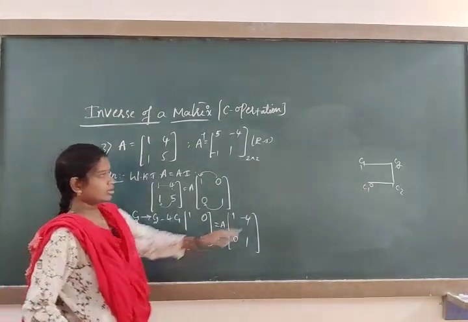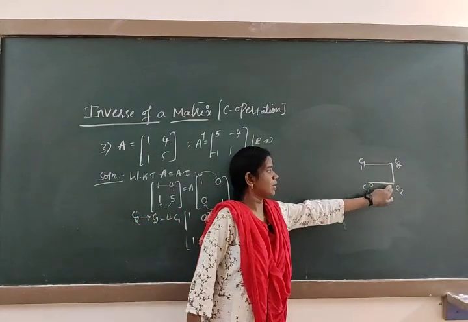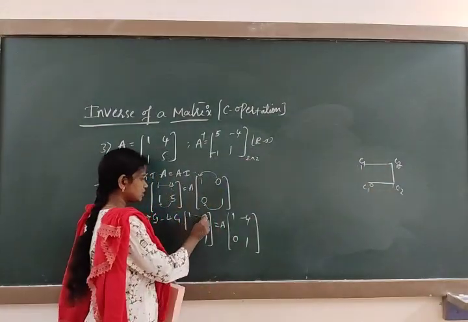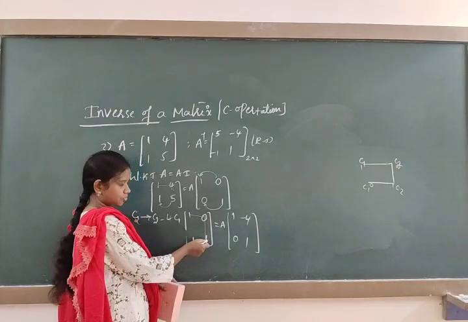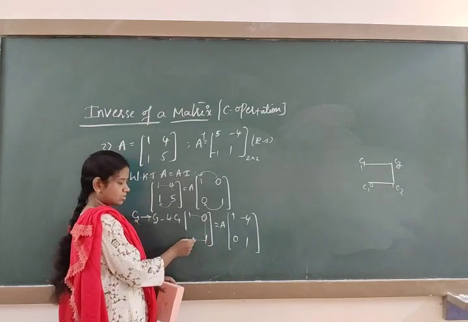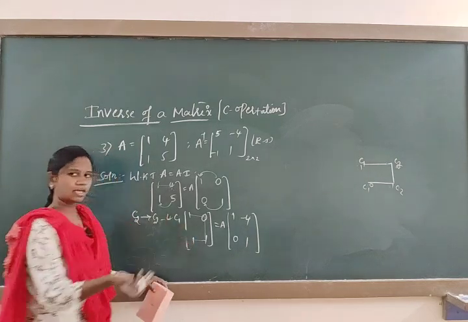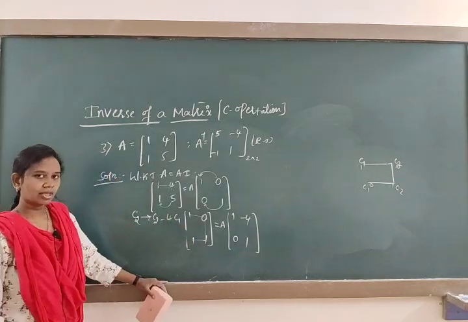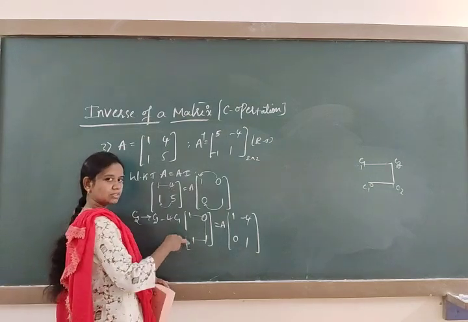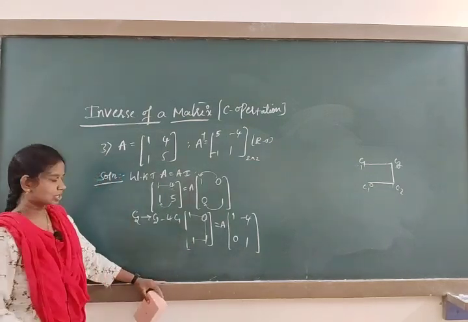Now look at the figure. It is the 1 0 1 portion. So we have completed the 1 0 1 portion. Now we have to come to this, and it should be a 0, but it is 1. How to make it 0? By subtracting with the opposite number. So it's a +1, it means you have to subtract 1.